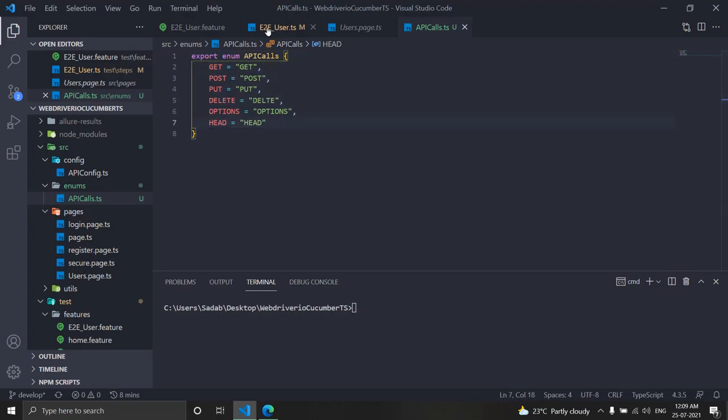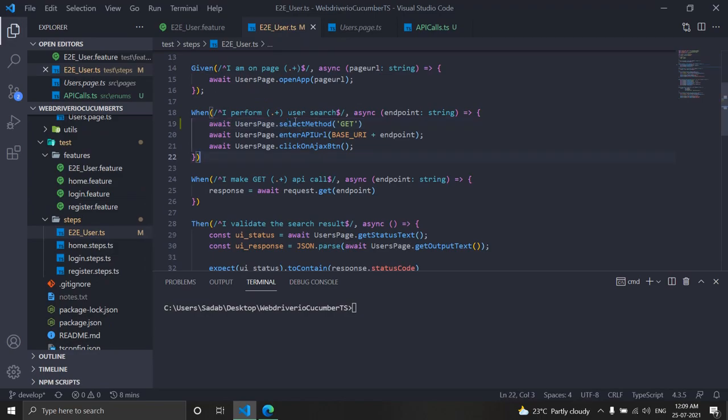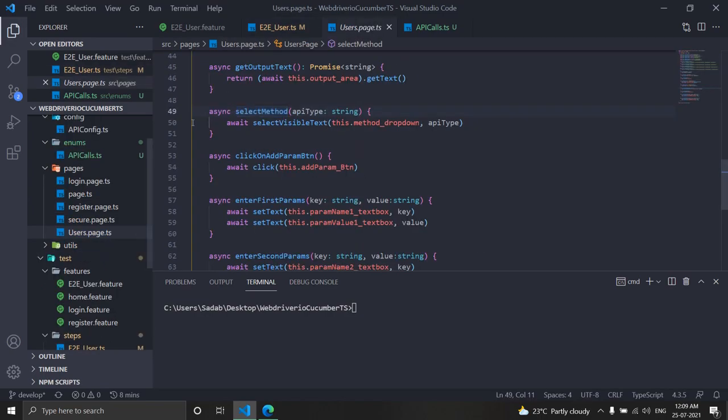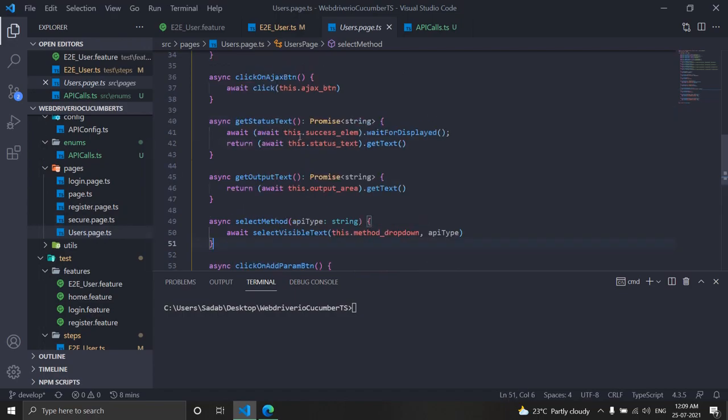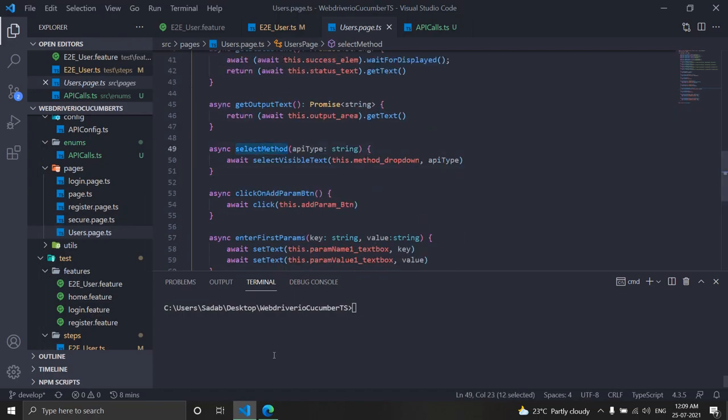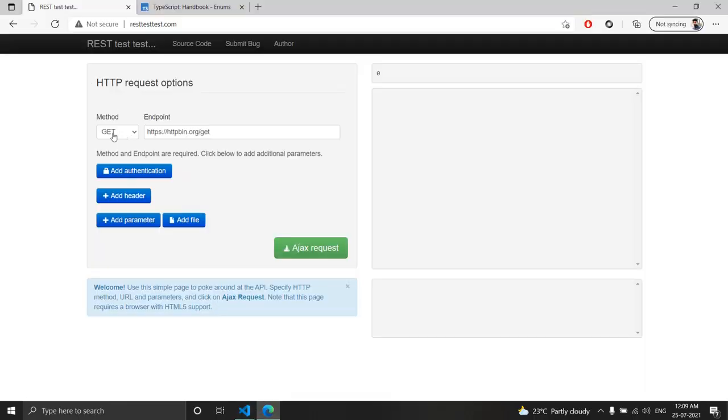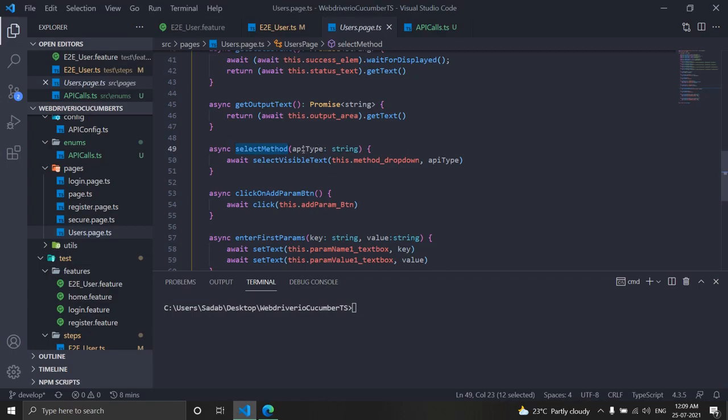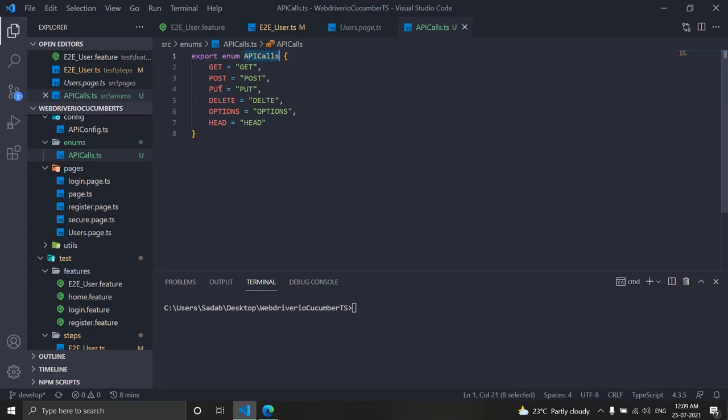Now let's go to our step definition. In step definition, this is our select method, which is in our page class, user page. We have different functions, but this function was used to handle this drop down value. So now we'll not use any random data here, string. Instead, we'll tell that this API type should be of this API calls, so that it expects only either of this input.